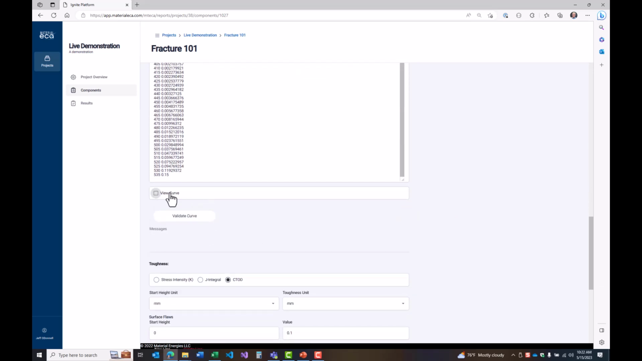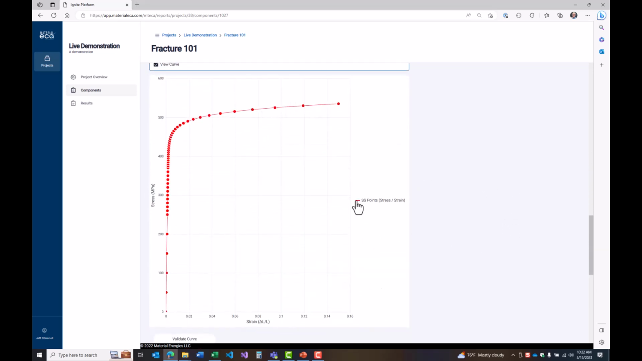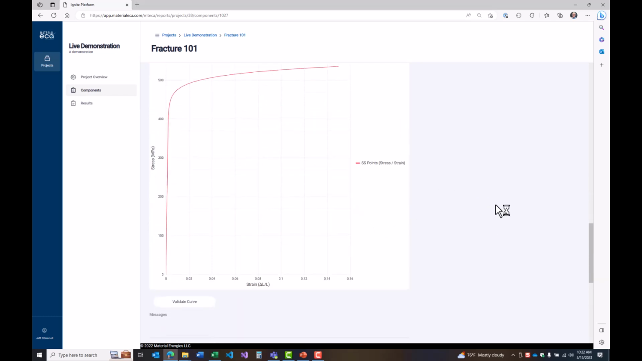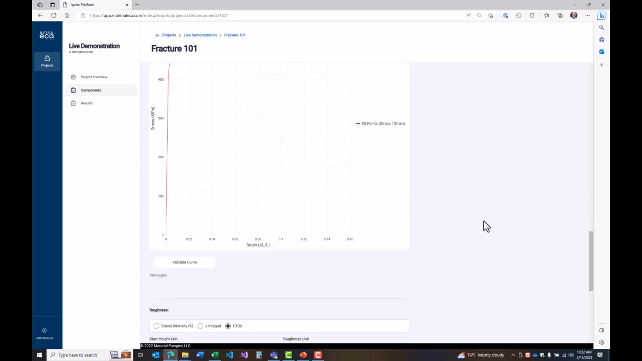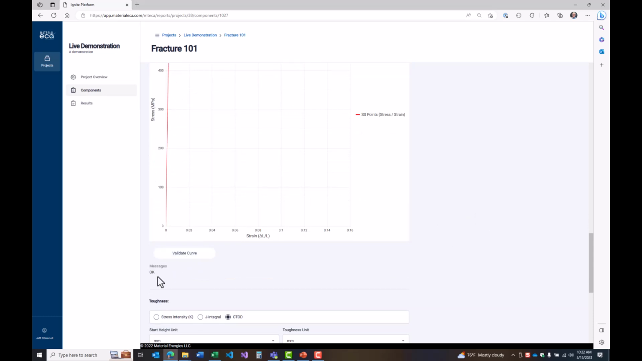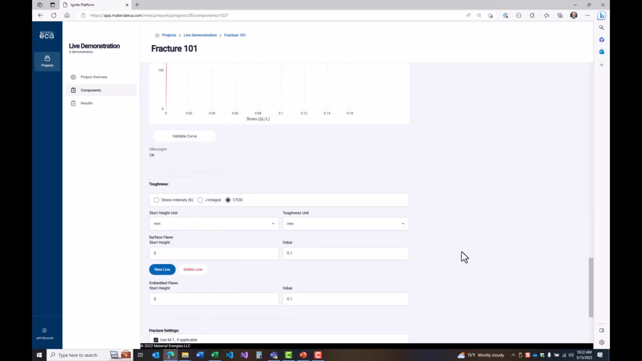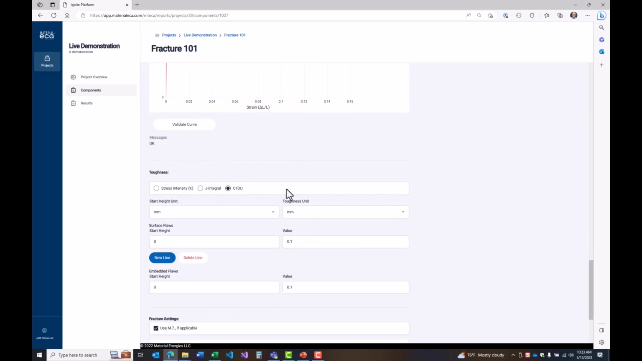Once we put in these values, we can view the curve, take a look at the points that are selected, confirm we have the correct units. Comes out to about 15%, 0.15 in this unit. They all look good. Then we could check the validation, and we can see that the points are valid. So we can go ahead. For toughness, we can choose between a stress intensity value, J integral value, or CTOD. Let's choose stress intensity. We'll use units of megapascal root meter, and we'll put in a value of, let's say,